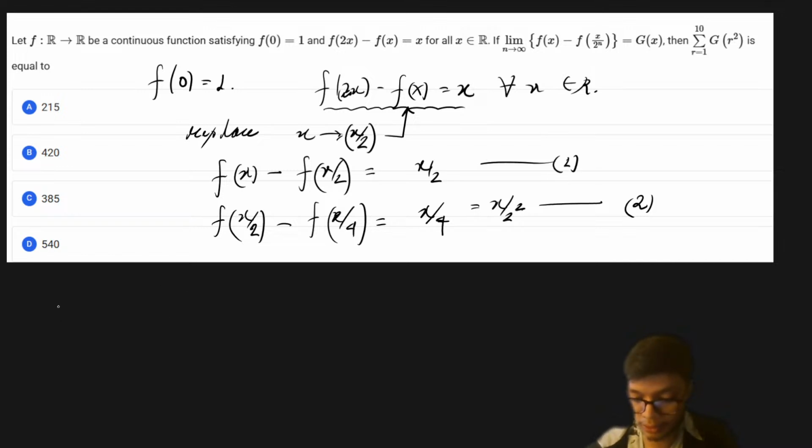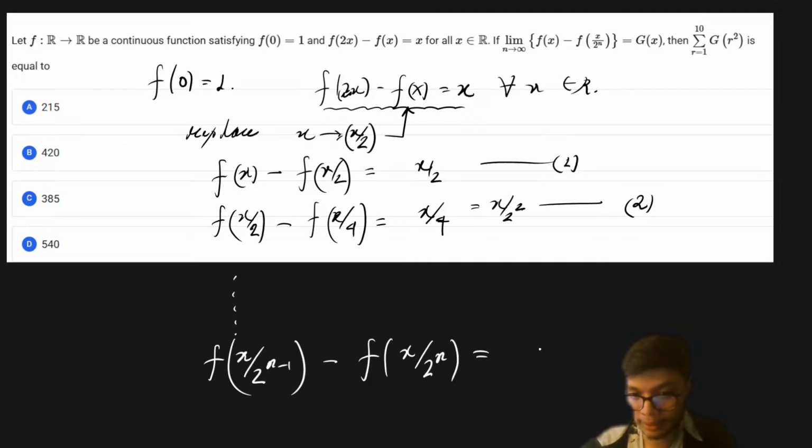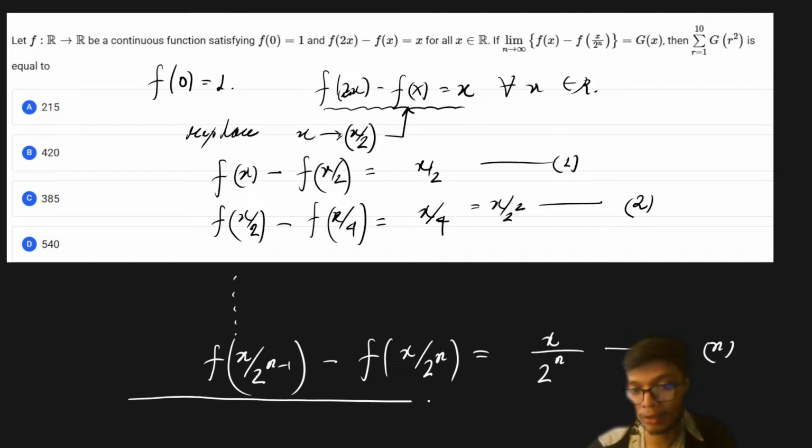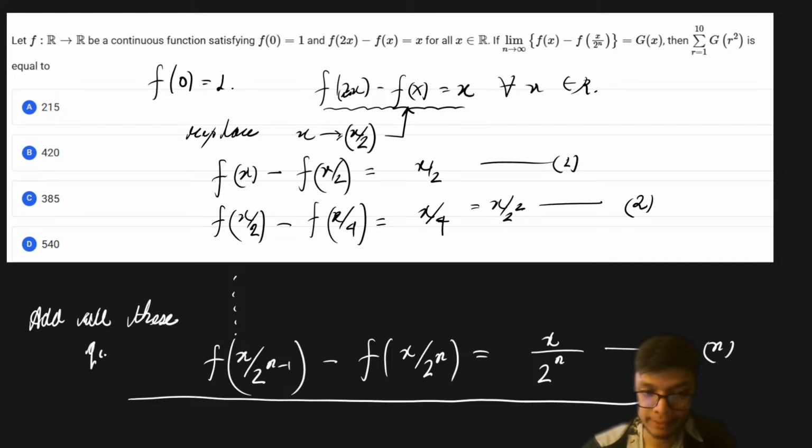And if we keep on doing this till n, I will get f of x by 2 to the power n minus 1 minus f of x by 2 to the power n is equal to x by 2 to the power n, right? This is my nth equation. Now if I add all these equations,